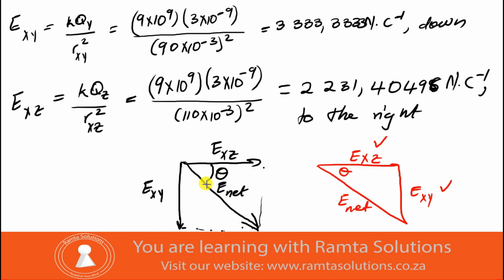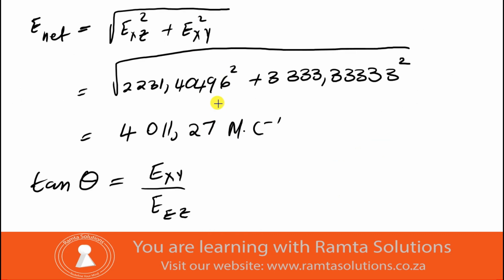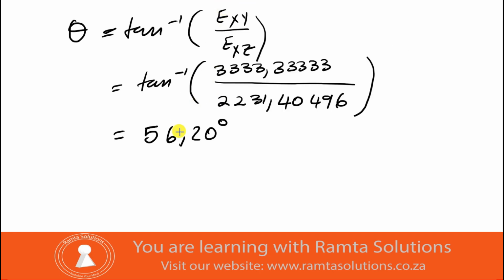This is how you calculate it, and you are sorted, okay? Otherwise, you can also say it's a negative angle. It's also okay. Nothing wrong with it, okay? You can say it's a negative angle, or you can say it's 360 minus whatever. It's still okay, okay? But for now, we will say it's 56,20